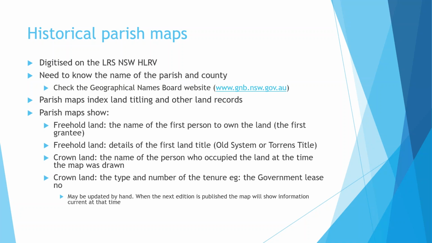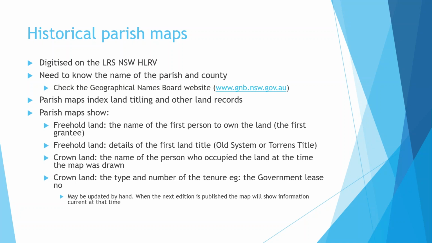Parish maps are fabulous because they index land titles and other kinds of land records. So it's like a picture index almost, if you like. For freehold land, they'll show the name of the first person to own the land, so that first grantee. So Simeon Lord for our Enfield property would come up in parish maps all the time. For freehold